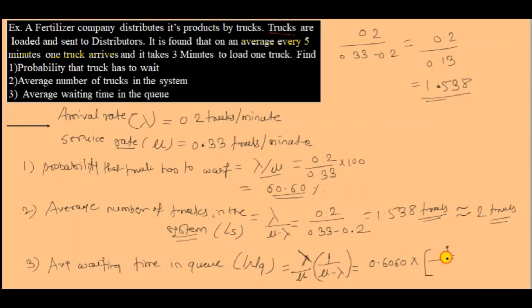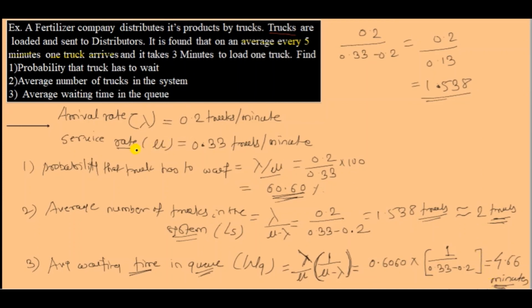Third is the average waiting time in the queue, given by WQ, and the previous question can be written as LS. This is WQ, the waiting time in a queue. We know the waiting time in the system is given by 1 by mu minus lambda. If we multiply this by the probability that the truck has to wait, that is lambda by mu, we get the average waiting time in the queue. Lambda by mu we have already calculated as 0.6060, multiplied by 1 divided by